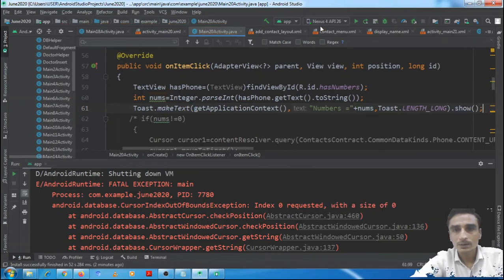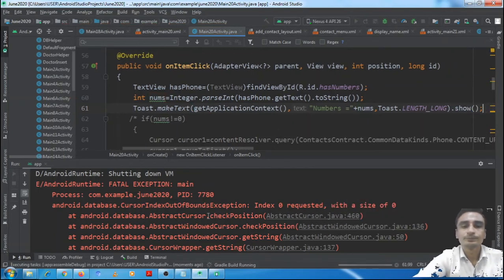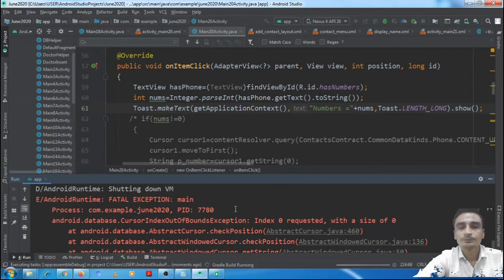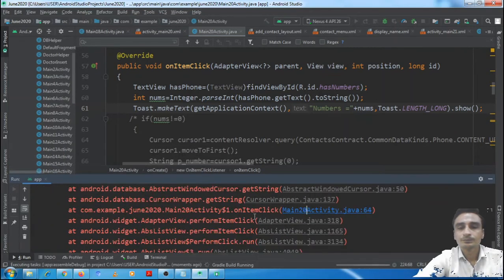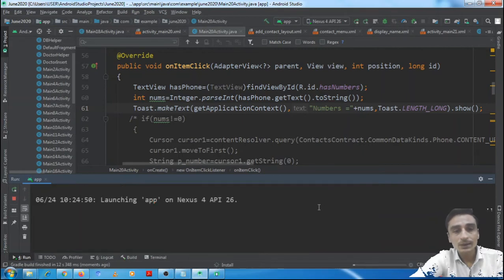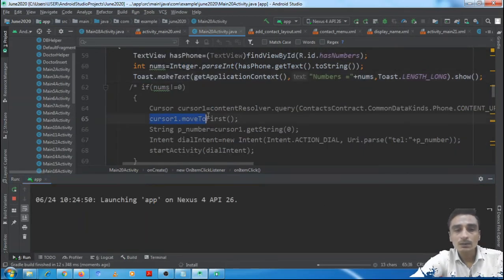Let us run it. It is the same error which we were getting in the previous video, where we had not moved the cursor. Here we have already moved the cursor to next or to first.